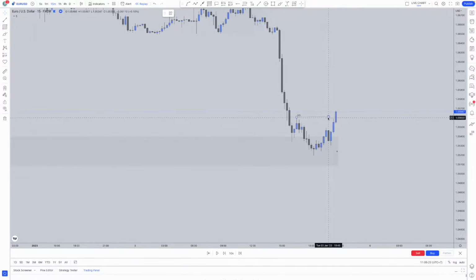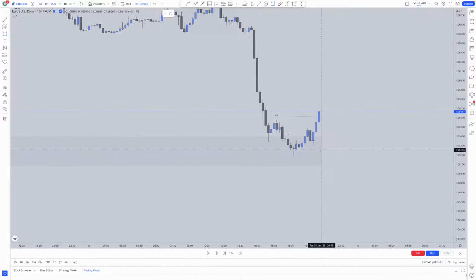Okay, we've had a 15-minute market shift. This means we've had a 4-hour demand, and now we've had a 15-minute alignment with the demand. So the 4-hour demand has been respected, and 15-minute has become bullish. Okay, I'm going to look for longs. I'm not going to short and be on the wrong side of the market. So in this scenario, you wanted to look for the same stuff. This here would be a valid POI for me